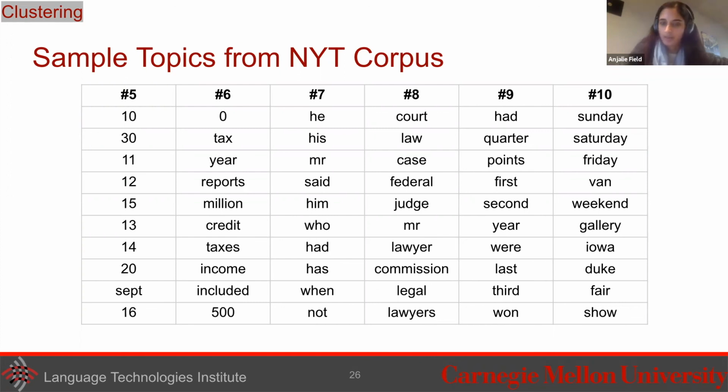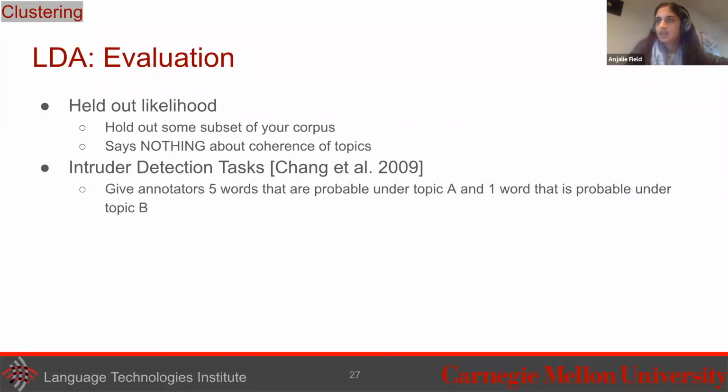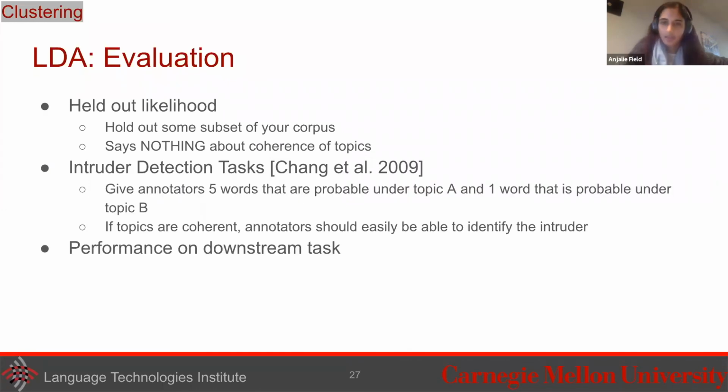And this is one of the big disadvantages of topic modeling. It's really great for looking at a corpus when you have some new corpus of documents, you don't know anything about it, and you just want a sense of what's in it. It can be really helpful for that. But you can also end up with very junky topics that aren't that useful and don't give you much information. That's one of the disadvantages of unsupervised approaches: you're not always getting out the values that you want. The other challenging thing in an unsupervised approach like LDA is that it's really difficult to evaluate whether it's actually learning what you want it to learn from the data.